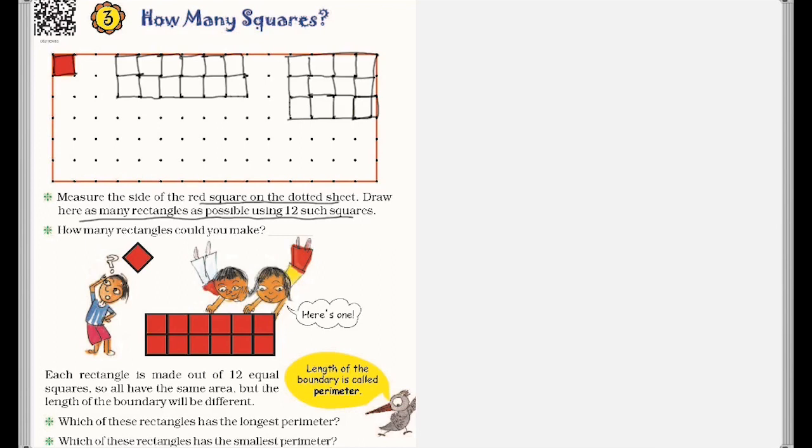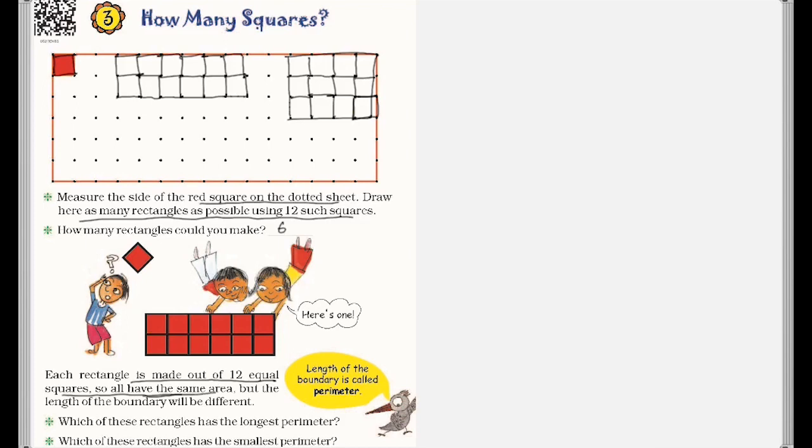Okay, so how many rectangles were you able to make? In total you will be able to make 6 rectangles using it. Now try this and then find out each rectangle is made of 12 equal squares. So